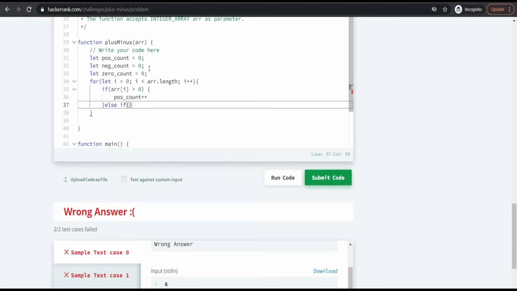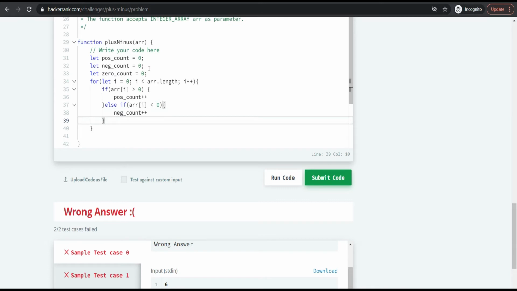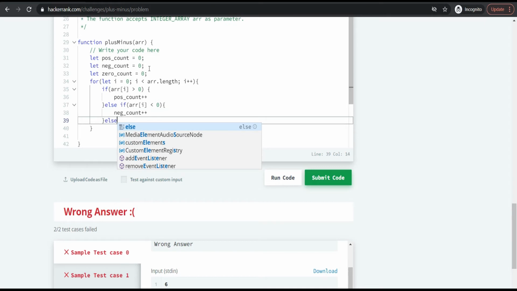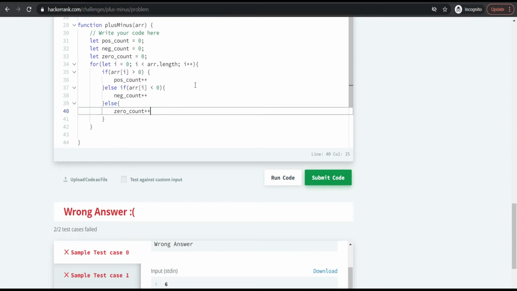Else if array[i] is less than 0, then I'm increasing the negative count. Obviously if a number is neither greater than 0 nor less than 0, then it goes to the else case, where I'm doing zero count plus plus. From this you will get the positive count, negative count and the zero count.